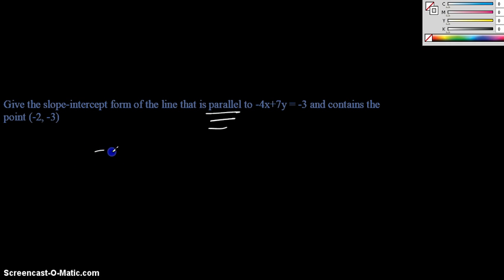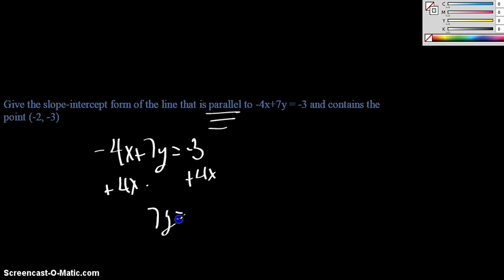So first off, we're going to go negative 4x plus 7y equals negative 3. We're going to solve this for y. Even though it's the same slope we had before, just to verify we do the same thing. We're going to have plus 4x plus 4x. We get 7y equals 4x minus 3. And then, just following the same stuff from above, we divide everything by 7. So we get y equals